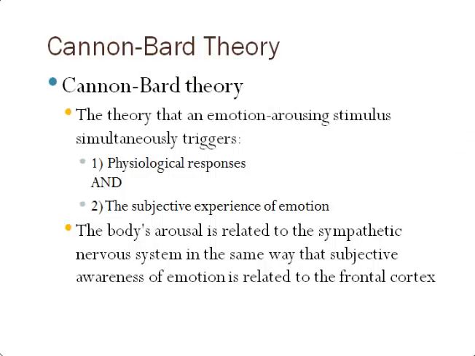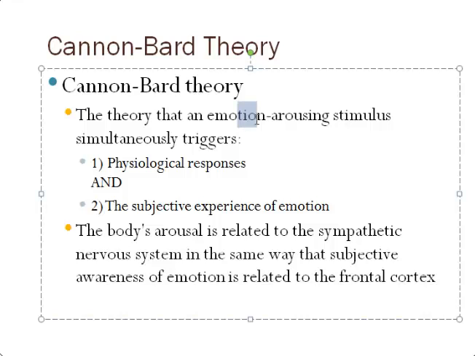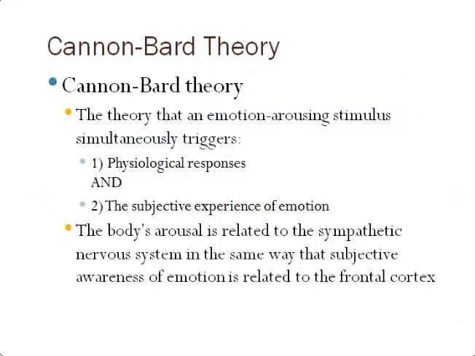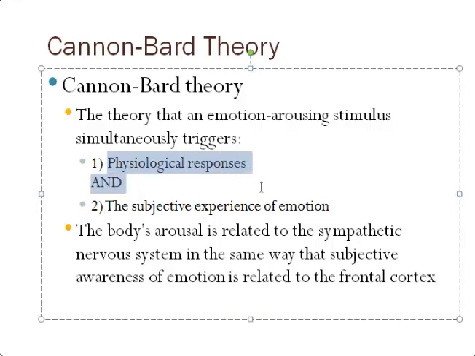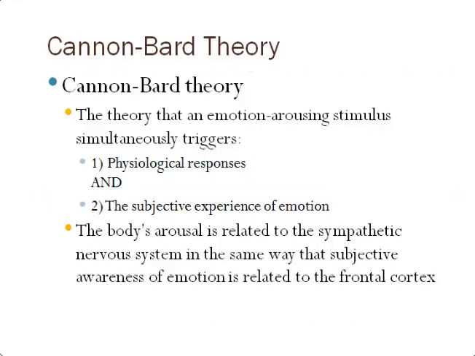The Cannon-Bard theory is a theory that emotional expressions result from something that is in the brain. In this case, structures that are in the hypothalamus, basically the base of the brain that we looked at a little bit earlier. These emotion-arousing stimuli, a person becomes very happy, a person becomes very sad, a person becomes very excited, that triggers physiological responses and the experience of emotion. In other words, it does both. You see something that you become very excited over for whatever reason. You have a physiological response. You also have an emotional response. The body's arousal, in other words, when you increase